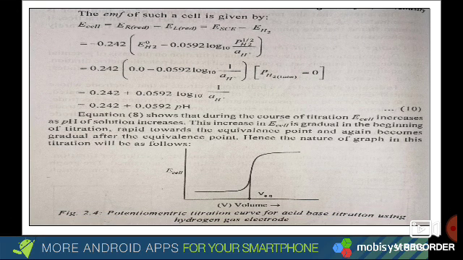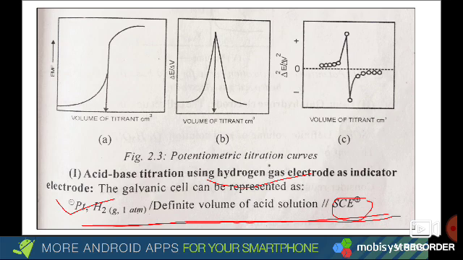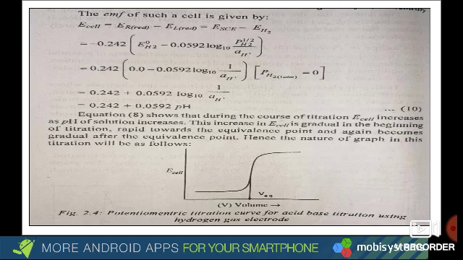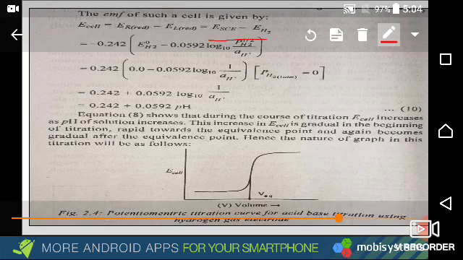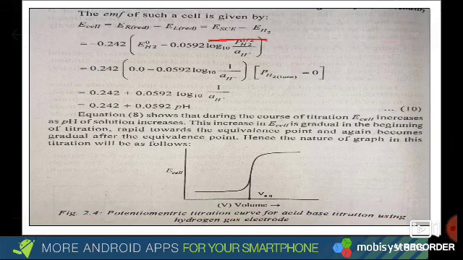So we will just discuss the EMF of this cell, how to write the EMF of the cell. We all know that EMF of the cell is equal to E_R minus E_L, where R means reduction potential, the reduction potential of the right side and of the left side. So who is on the right side? Our saturated calomel electrode, SCE, and on the left side our hydrogen gas electrode, its ion. So here, on the right hand side you write E_SCE, the right hand half electrode, minus E_H2, your left hand side electrode.